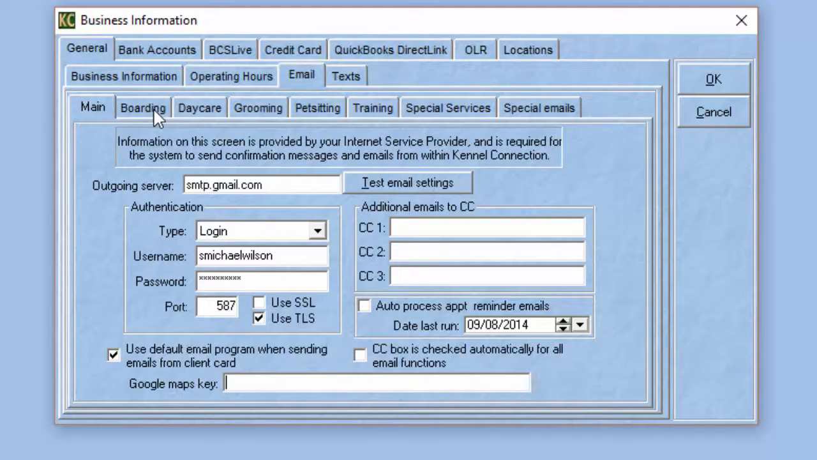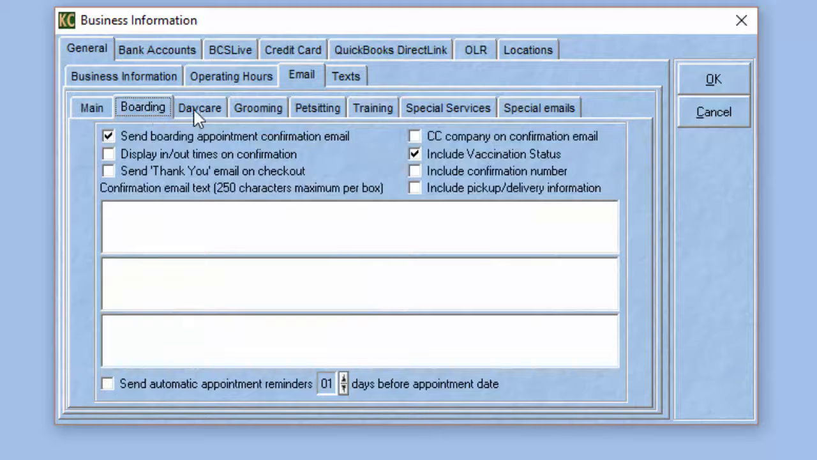Next, under the email tab, we have a tab for each module in the system. This is where you can set up default email options for each module individually in Kennel Connection, including automatic confirmation emails, automatic thank you emails, including different information on those confirmation emails, such as vaccination status and confirmation numbers,